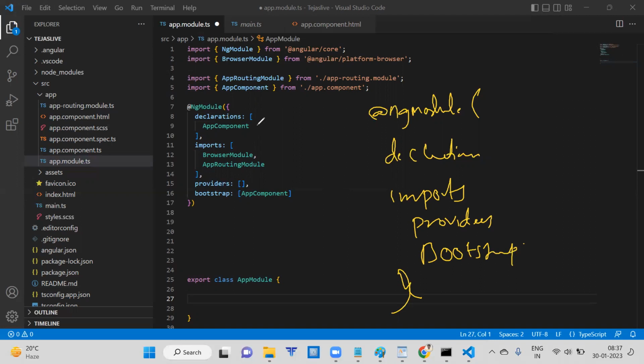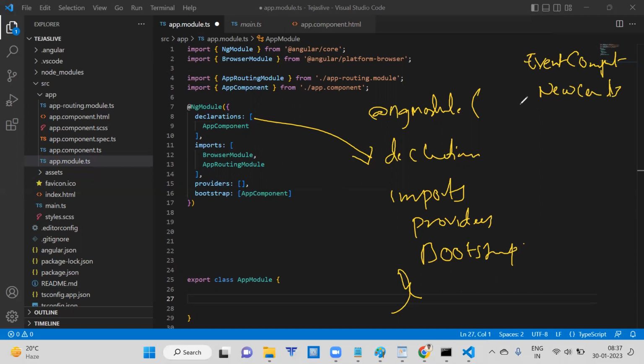Declarations are nothing but the components we create. For example, event component, news component,